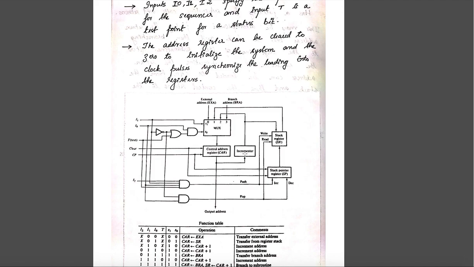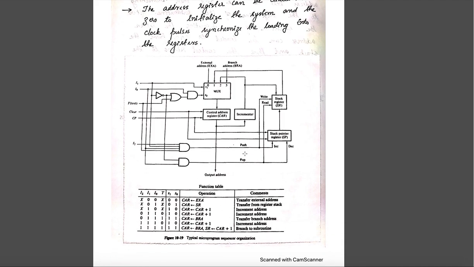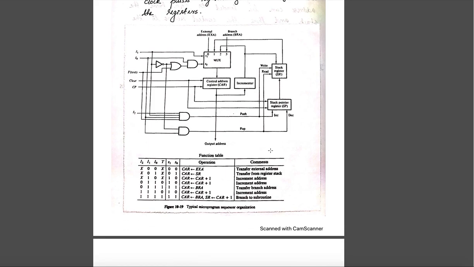Okay, so based upon all this we have a function table. These are the different possible values that can be in a function table, and I'm going to explain each case. So in the exam you have to just draw this sequencer and the function table and the explanations which I have written. Now I am going to explain each case with the same diagram, which you needn't actually write for the exam, but it is for your understanding. Let's see the first case.